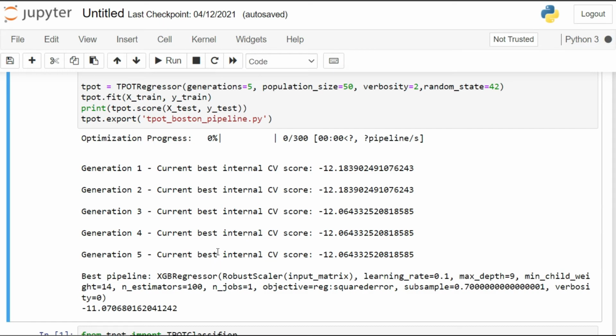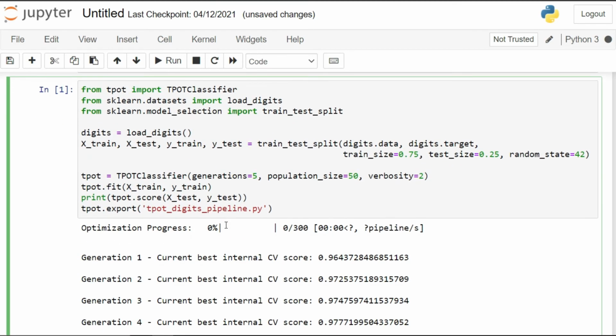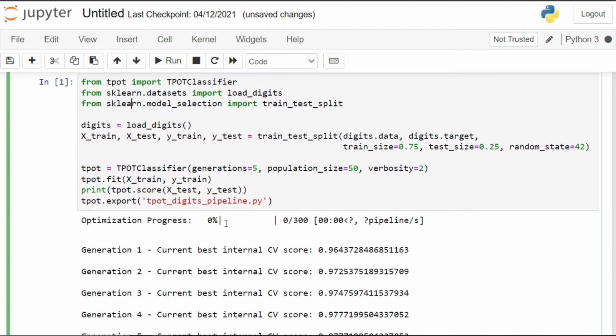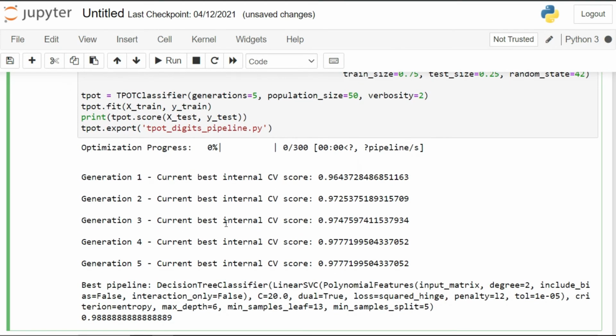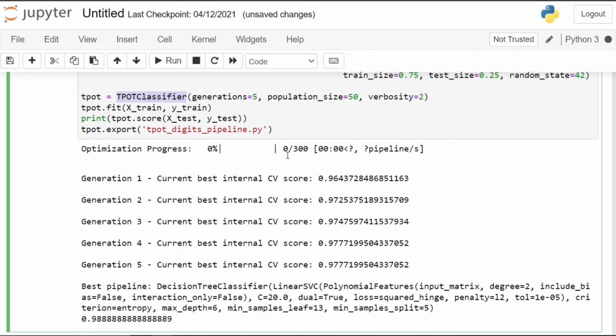Next we are moving into the classification part. If you are using AutoML, you don't need to worry about the syntax. The syntax and code are almost the same. So look at my classification code here. I passed a different dataset here. The dataset name is the digits dataset. The nature of this dataset is that it classifies the digits by using image array numbers. Now I feed this dataset into this AutoML model called TPOT classifier, and look at the results.